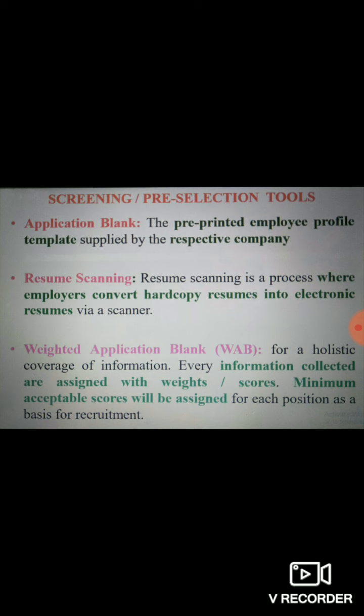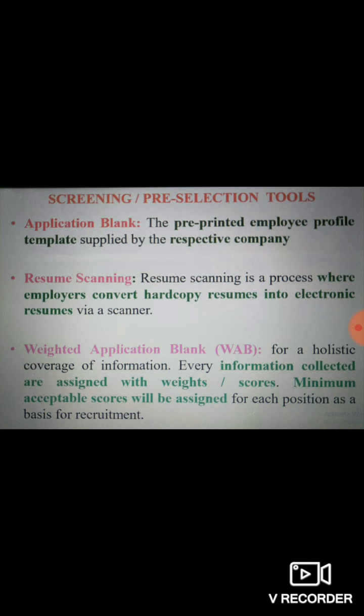Then the third tool which we are using is weighted application blank, WAB, which is a holistic coverage of information. Every information collected is assigned with weights or scores. Minimum acceptable weight or score will be assigned for each position as a basis for recruitment. So now what happens with weighted application blank, each and every question asked in the application blank is not just an information, it is a score basis.